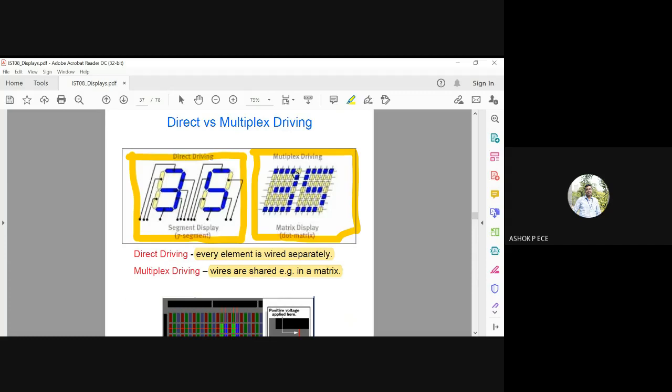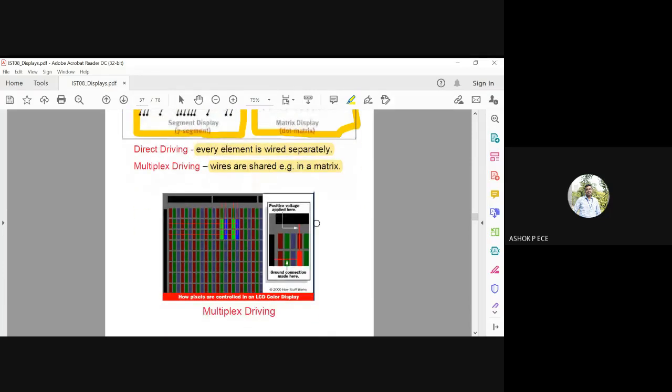Accordingly, you will make that value 1, or high, and other values will be 0, which is low. So for direct driving, if you are using two 7 segment displays, you need 14 wires. But in multiplex driving, just 7 wires are enough to drive the device because the wires are going to be shared. Both the 7 segment displays will share the same wire. So, multiplex.